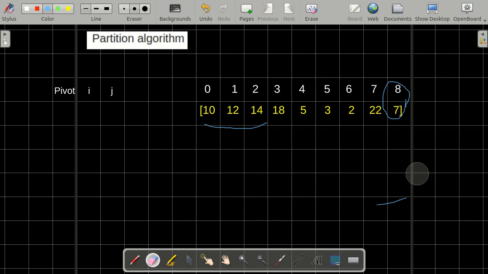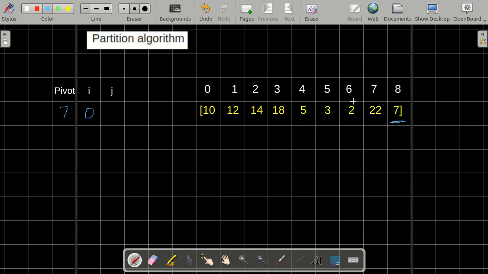So over here I will take my pivot as 7. Pivot is the element that has to be placed in the correct position. And over here I will take i as 0. Now i is the index where I have to insert the element which is smaller than my pivot.